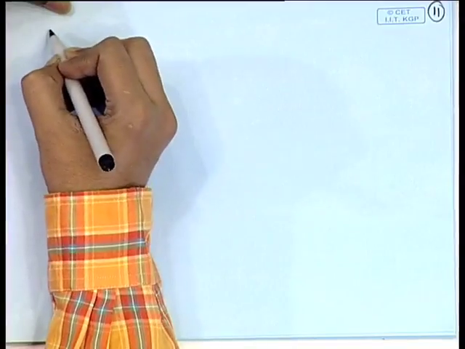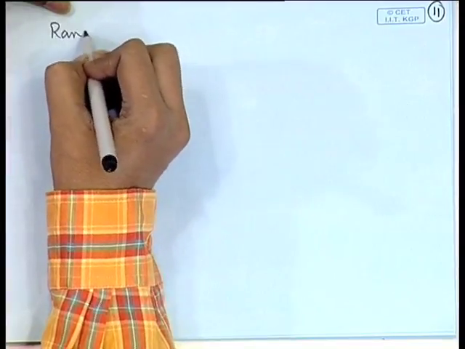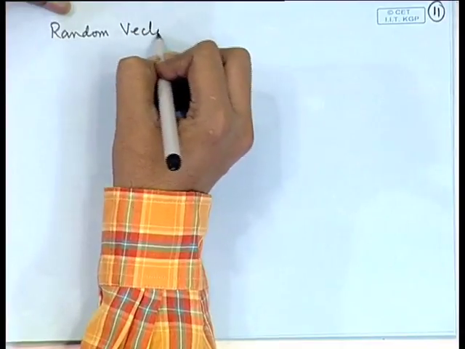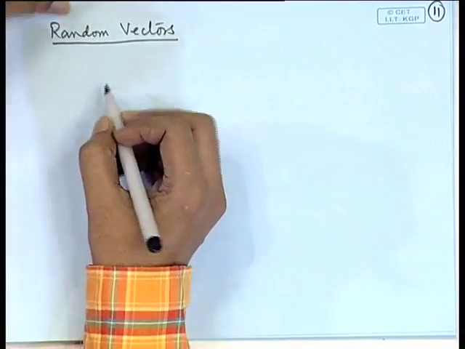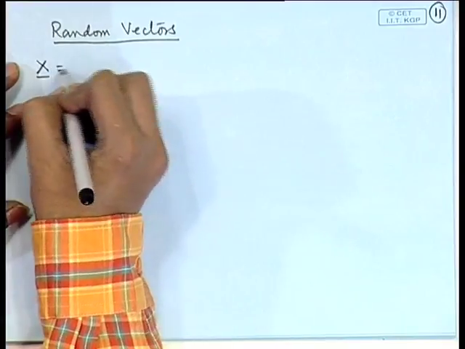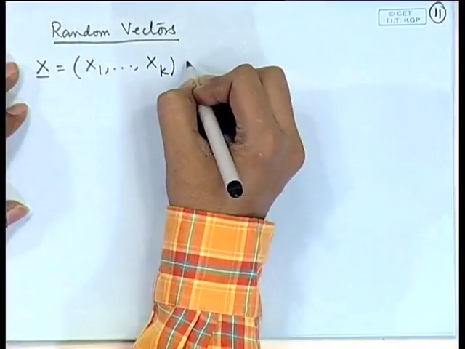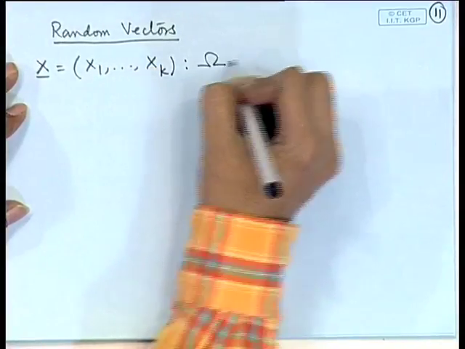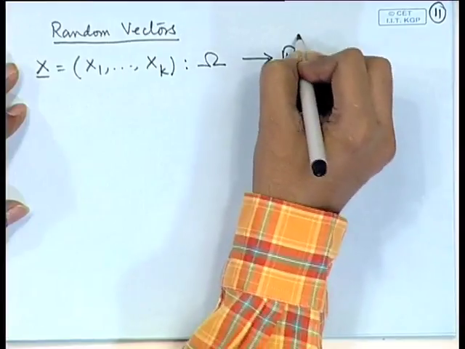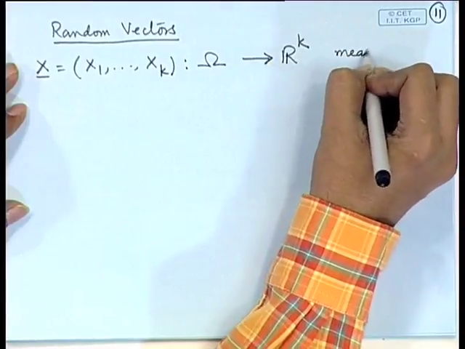We also look at the generalization of the concept of joint distributions to more than 2. So, in general we may consider a k dimensional random variable. We call it a random vector in general. So, X is equal to (X1, X2, ..., Xk). So, this is a k dimensional random vector. It is defined to be a measurable function from omega into R^k, and of course, the function should be measurable.